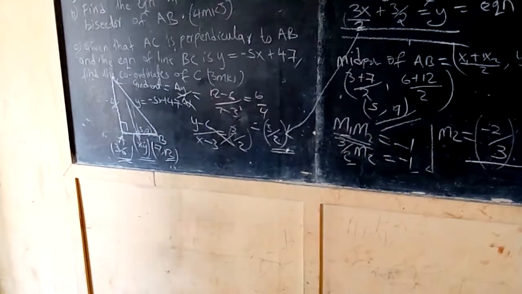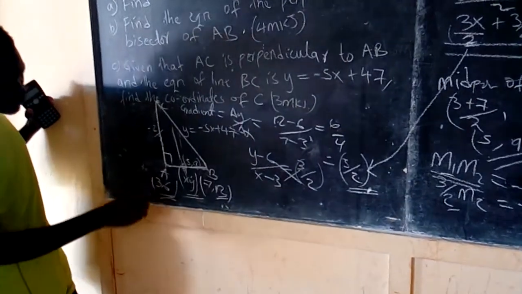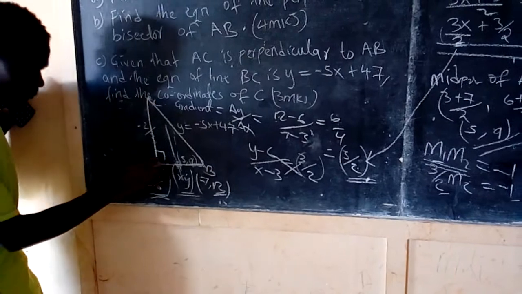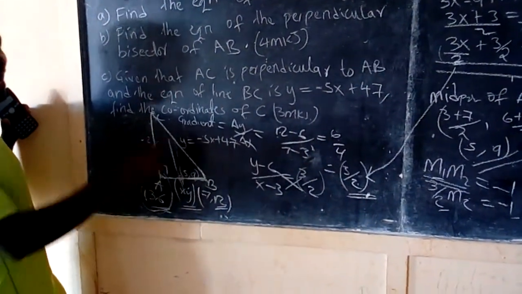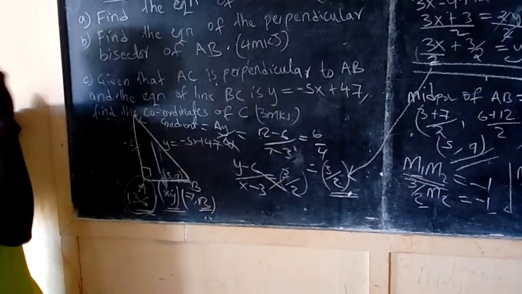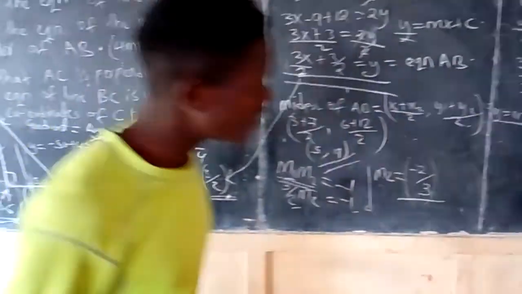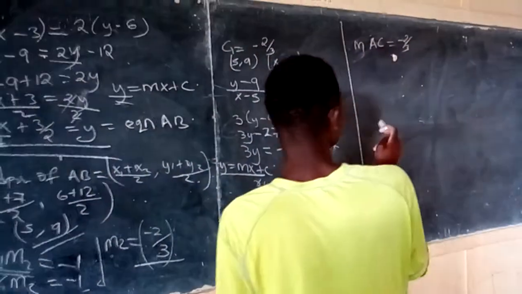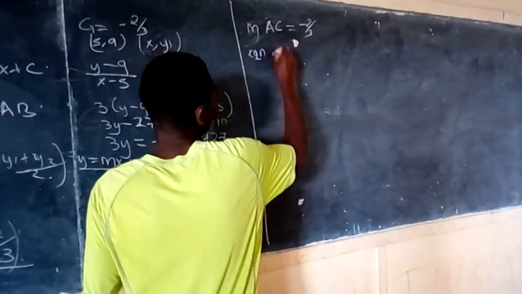Now having found that gradient, we have that gradient, and we have the initial point, which is point A. It starts from point A going to C. I have the gradient. Then, having the gradient and a point, I can now get the equation. Let me find that equation. Now, the equation of line